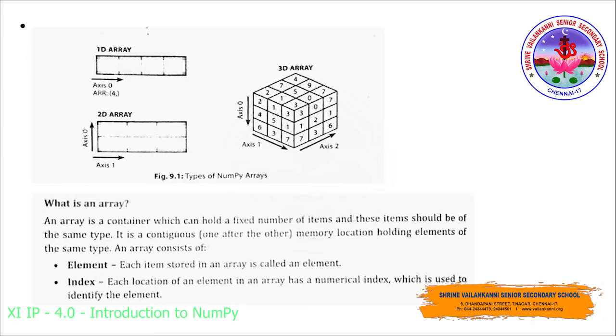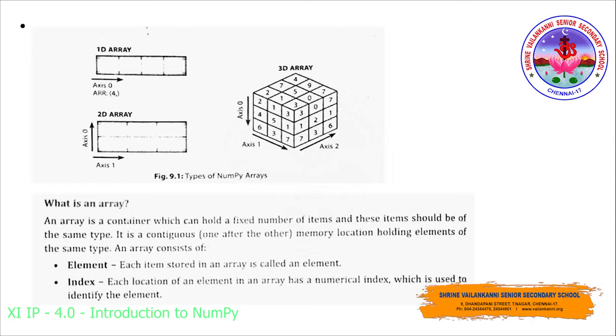Whereas in a list, if you consider, the elements can be of different data types. It supports elements of different data types. Like you can store strings, numbers, and floating point numbers also in a list in a single place, but it is not possible in your array. You have to store elements that belong to the same data type,